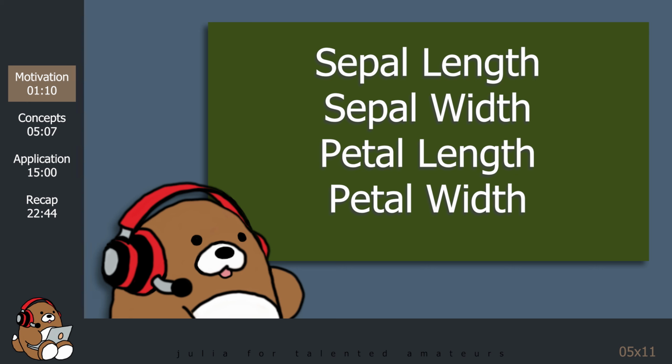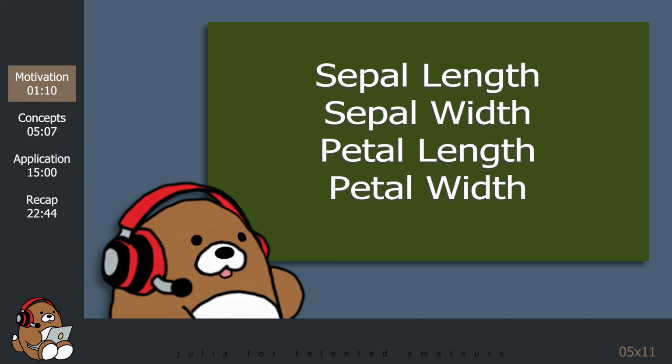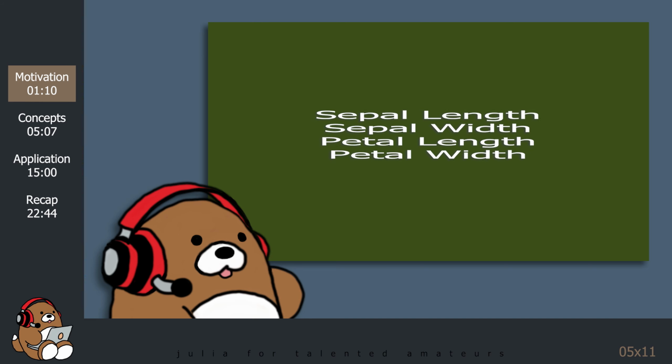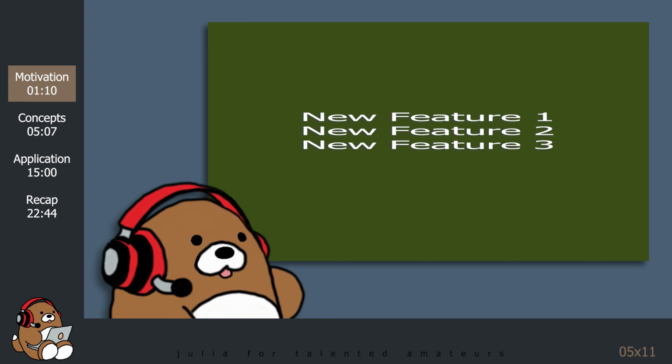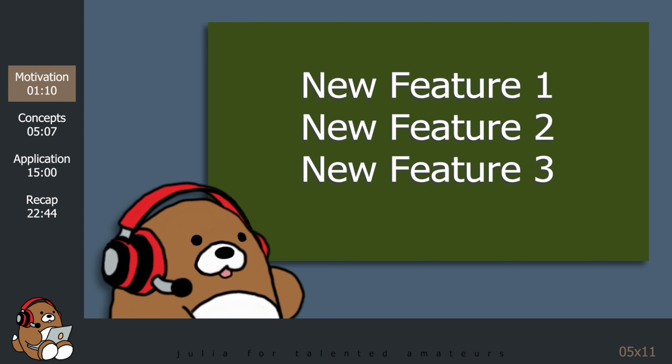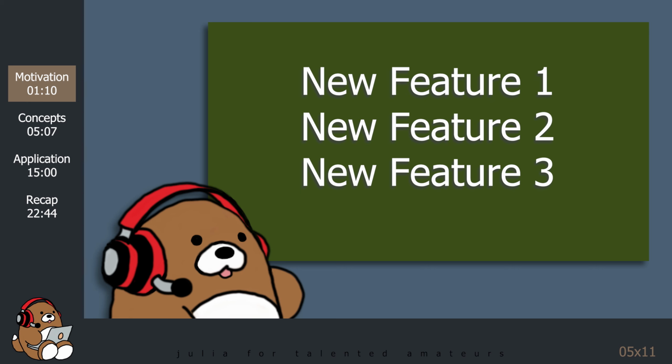Now, what if there was a way to reduce those 4 features into 3 features? Not by deleting a feature, but by compressing that data to generate a new dataset with only 3 features that retained most of the information from the original dataset? That would be useful, right? Then you could use that new compressed dataset to generate a 3D plot that was an accurate representation of the original dataset.